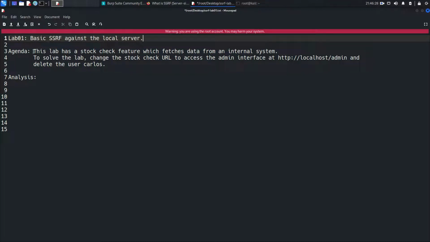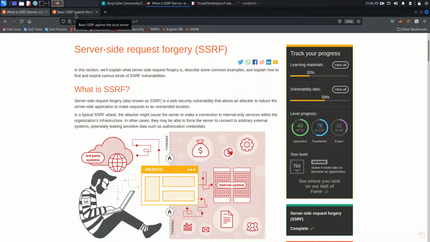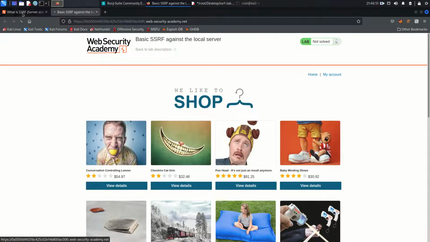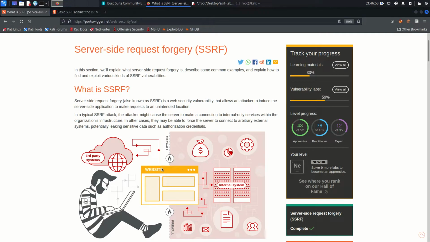This lab has a stock check feature which fetches data from an internal server. To solve the lab, change the stock check URL to access the admin interface at this address, and then delete the Carlos account. Fine. What we are going to do in this lab is, suppose this is your front-end application